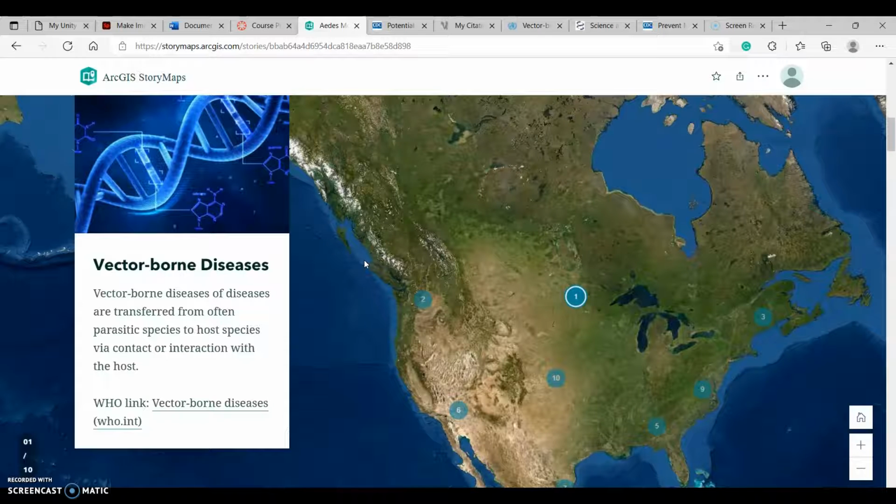So what is a vector-borne disease? A vector is a species that transmits diseases either from person to person or from an animal to a person. A vector-borne disease is one of those diseases that the vector will bring to humans or from animals to humans. They can cause a whole host of problems and normally occur in parasitic insects because of the acute interaction that they have with people, either by feeding on them or just interacting with humans in general.